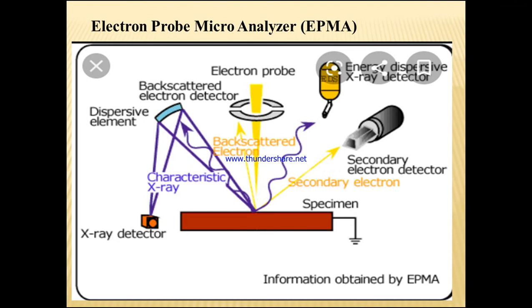So when the electron beam scans or hits the sample, we are going to see the scattering of the electrons. When it hits the sample, some of the electrons are absorbed by the specimen, some of the electrons are deviated, or it may be deflected. When the deflection takes place, we are going to see the backscattered electrons. The backscattered electrons which are deflected are analyzed by the detectors.